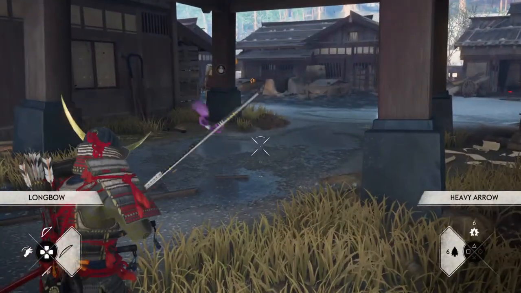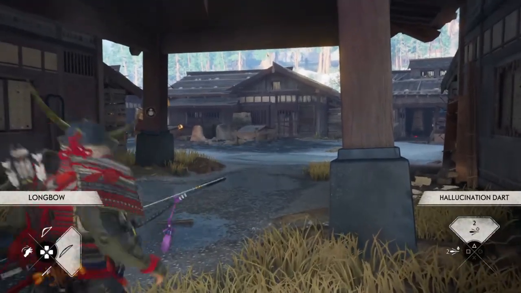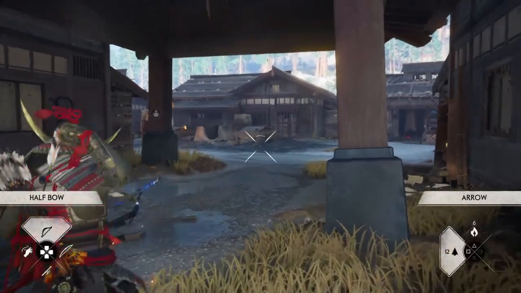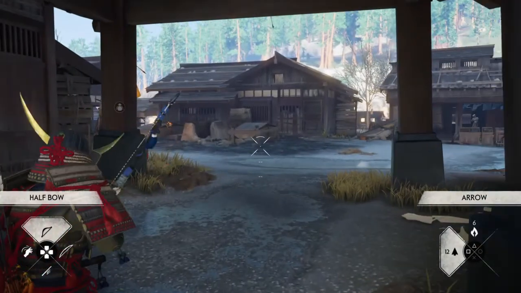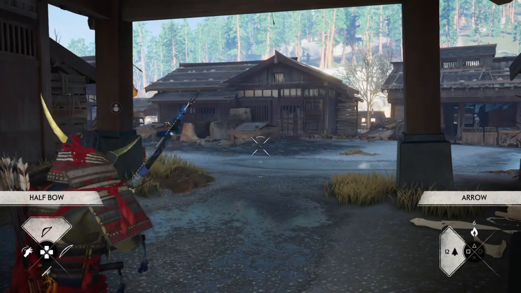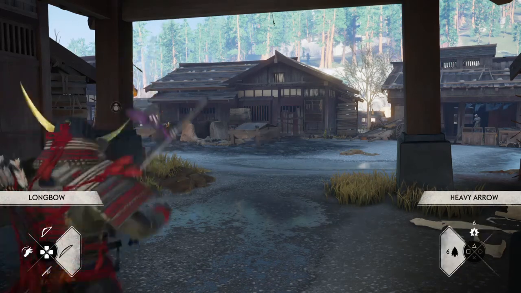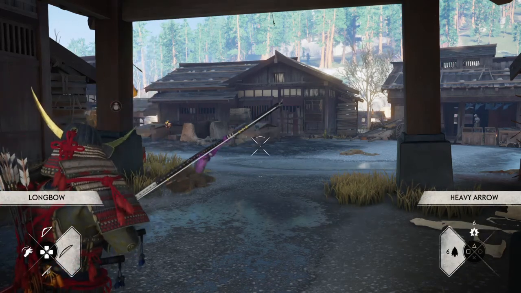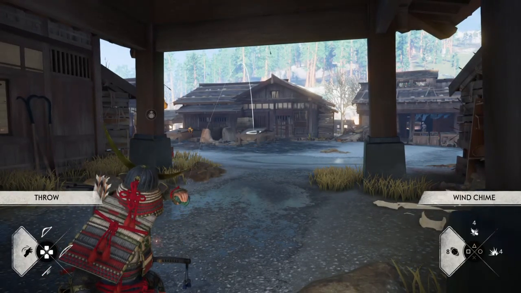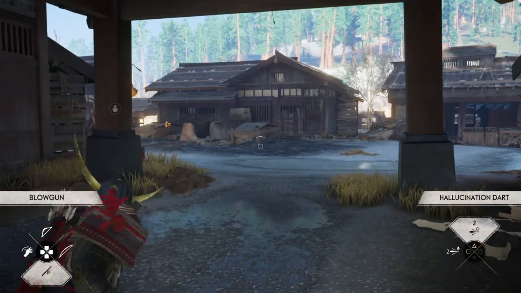And then, in order to switch your actual ranged weapons, you hold L2. You can switch between your half bow, your long bow, your blowgun, and your thrown weapons. But you also have on the right side there, if you're on your half bow, you can switch between your flaming arrows and your standard arrows by pressing face buttons. If you're on your longbow, you can switch between explosive and heavy arrows with your face buttons. If you're on your thrown weapons, you switch between your varieties of thrown items with your face buttons. If you're on your blowgun, you switch with your face buttons while you're holding...